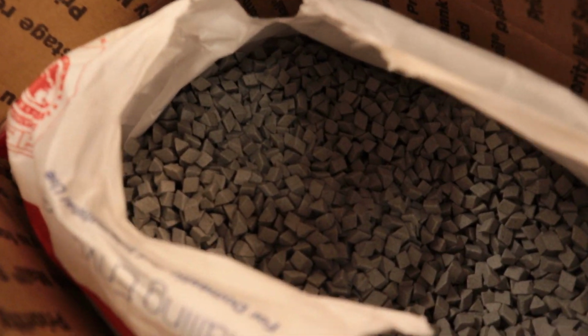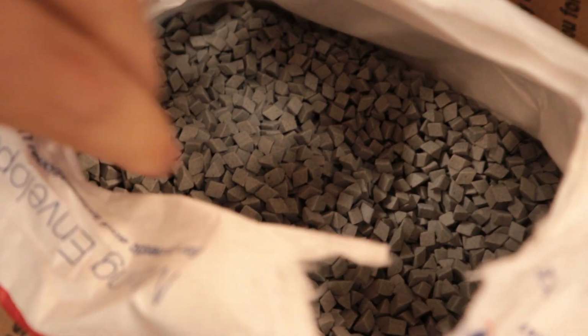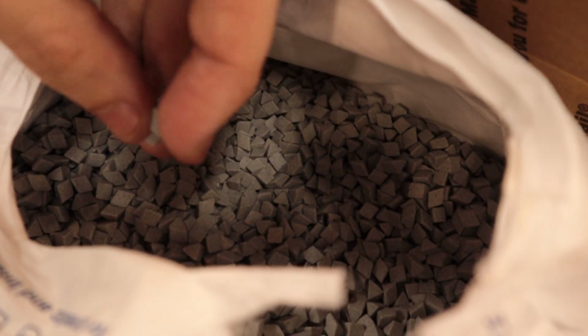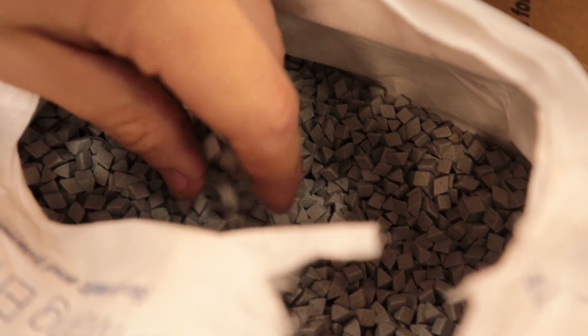I've been wanting to try some different ceramic media for the tumbler, and so I bought these. Oh, that has a terrible smell. So I bought these, they're 1/4-inch triangles, and I think they're going to work perfect for the parts that I